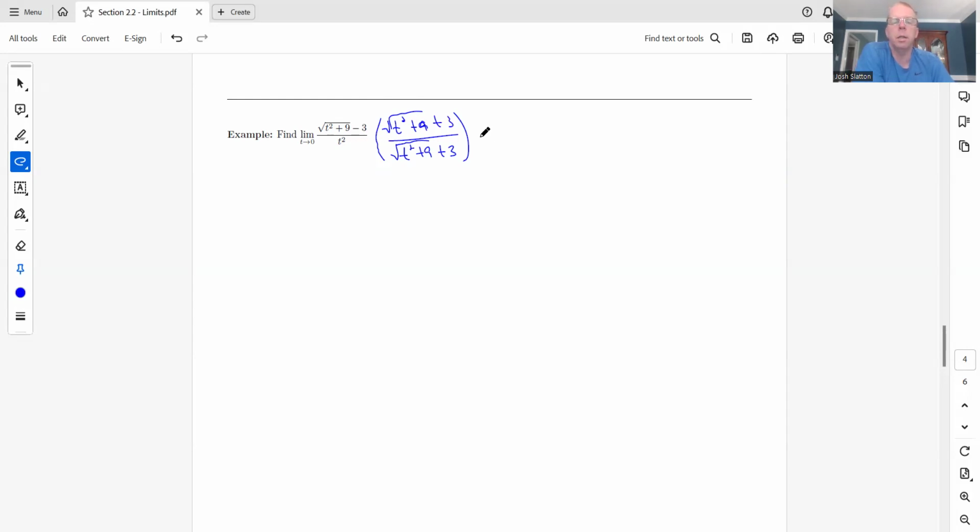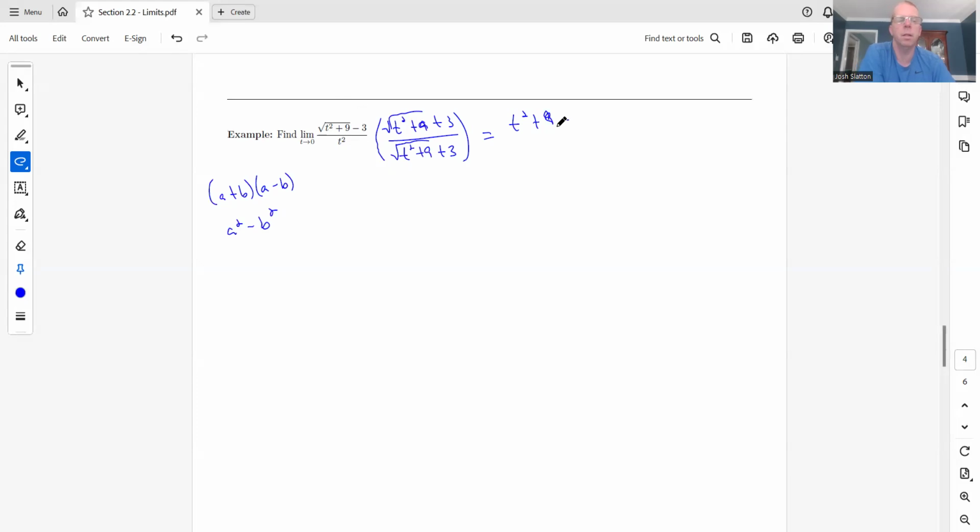And so when you have a difference of squares, this is basically a plus b times a minus b, and we get a squared minus b squared. So we really square that term, we get t squared plus 9, square the second term, which is 3, and we get,